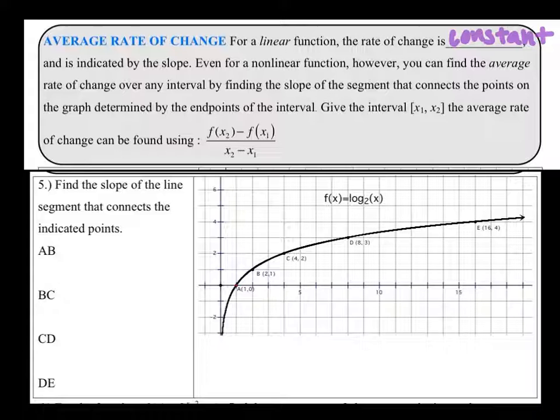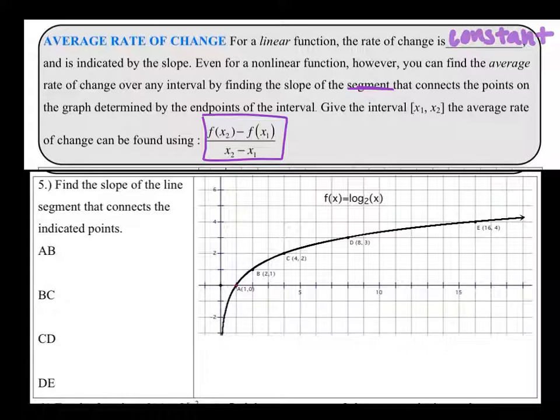Even for a nonlinear function, you can find the average rate of change over any interval by finding the slope of segments that connect the points in the graph determined by the endpoints of the interval. If you're given the interval x sub 1 comma x sub 2, the average rate of change can be found using this formula. You evaluate the function at x sub 2 and subtract what the function is at x sub 1. Then you divide that by the difference of the two x values. So you're essentially finding the y values and the x values just like you do for a linear function,